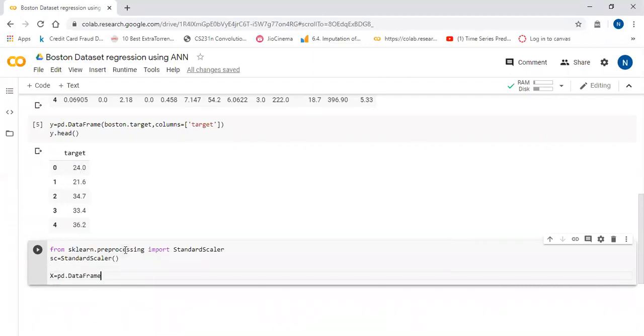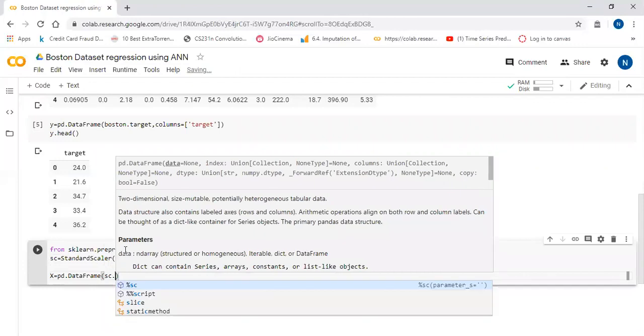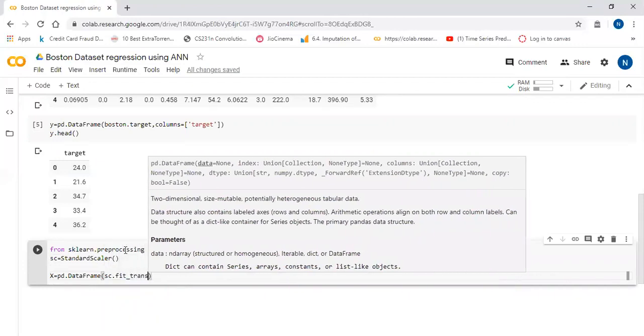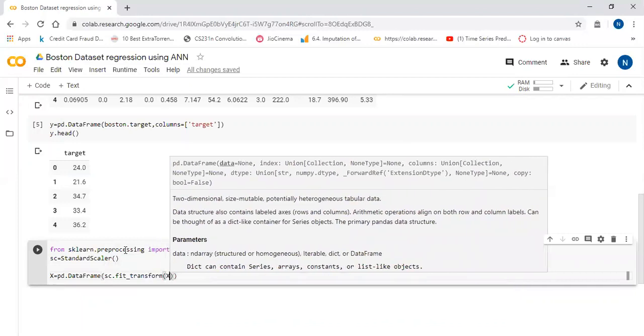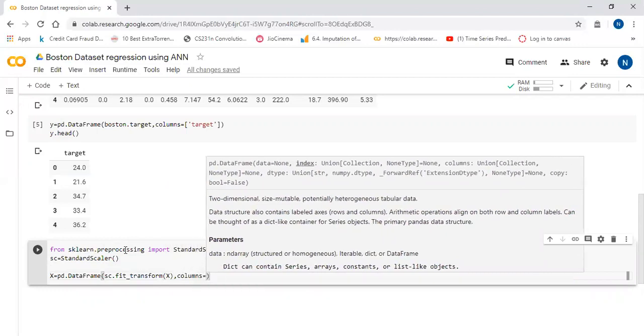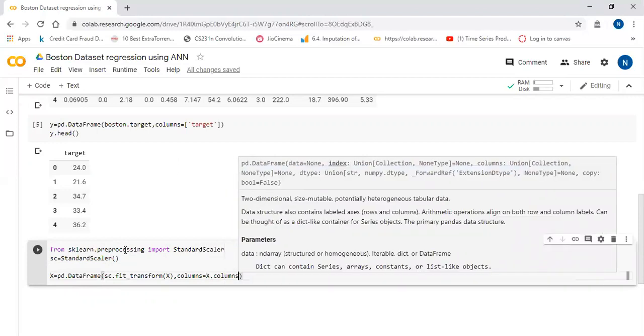pd.DataFrame of sc.fit_transform. We are going to apply it to X, and columns equal to X.columns.